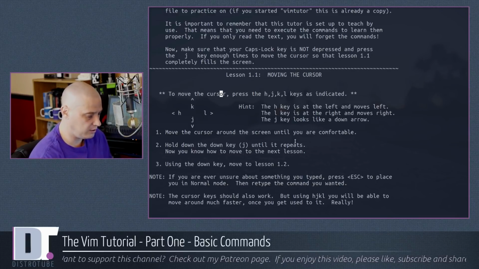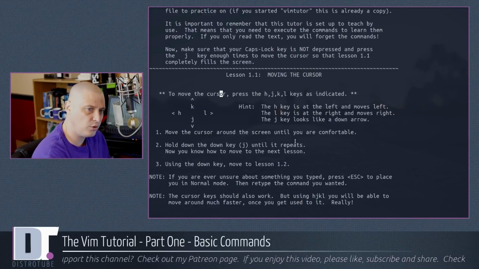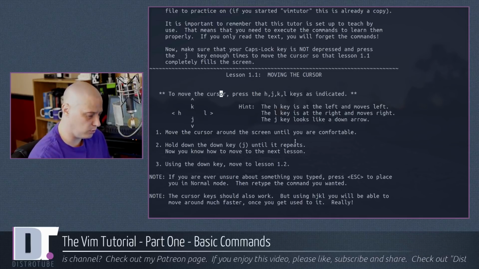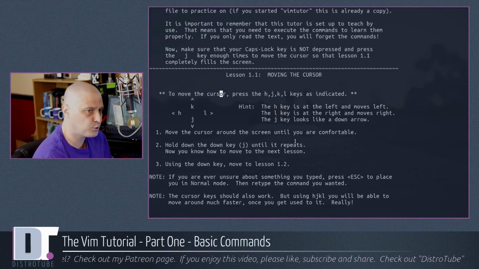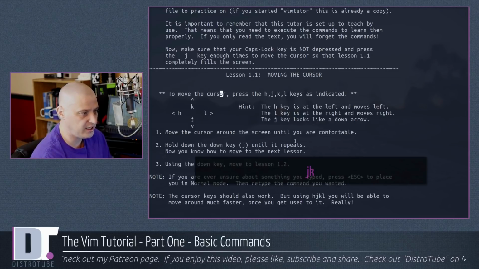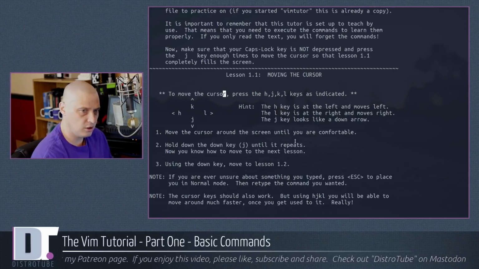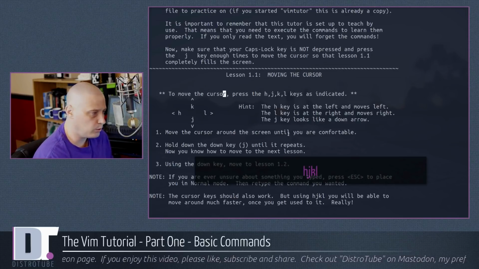Why? Well, because your hands, of course, HJKL are kind of on the home row, but not really. They're actually shifted one key over from where your hands naturally rest on the home row. Your hands naturally rest on the keyboard on JKL semicolon. So why is it shifted over in Vim, HJKL being the arrow keys, basically?